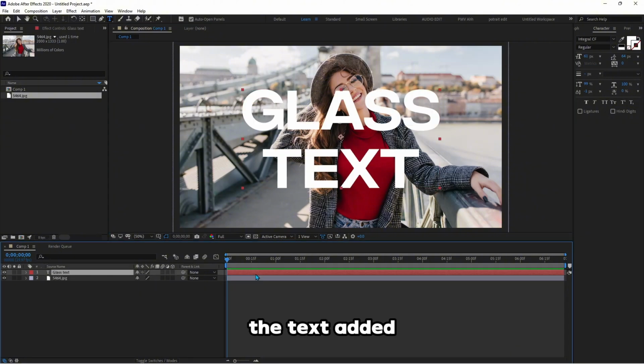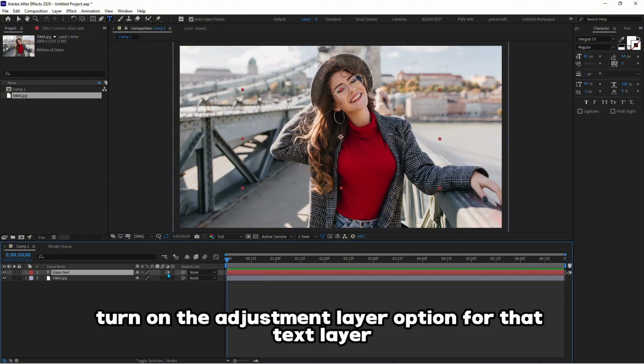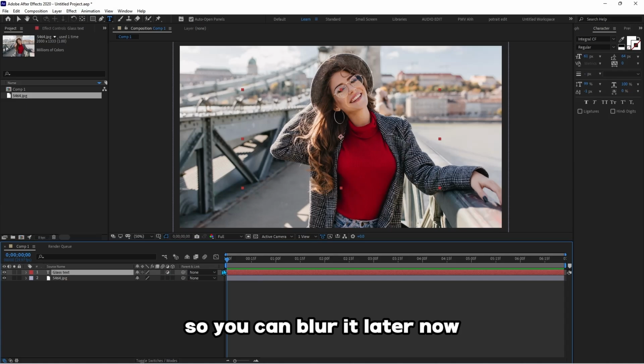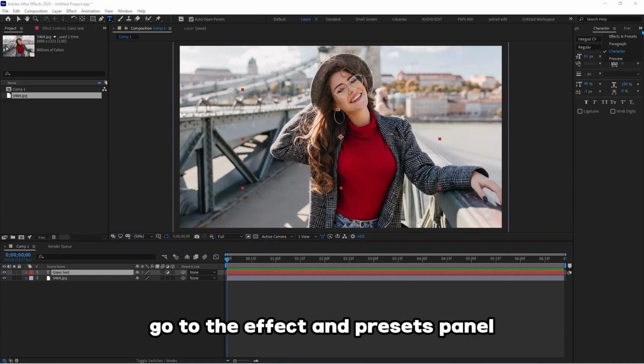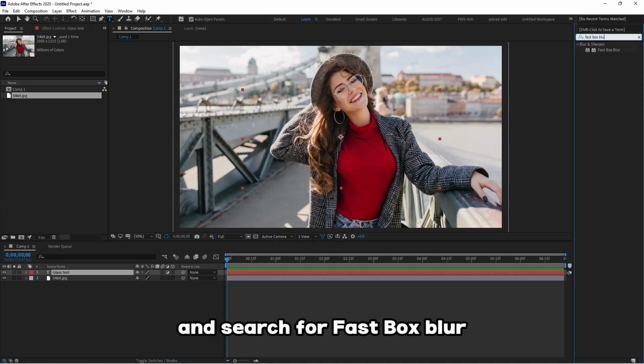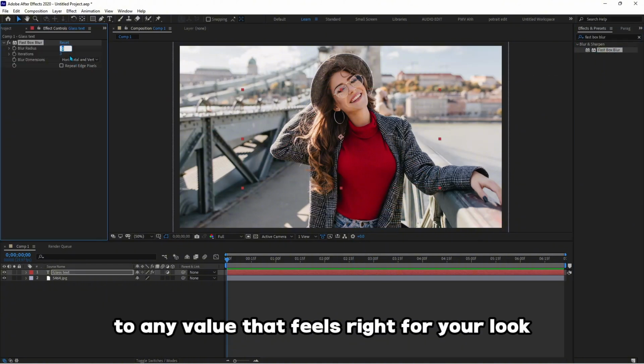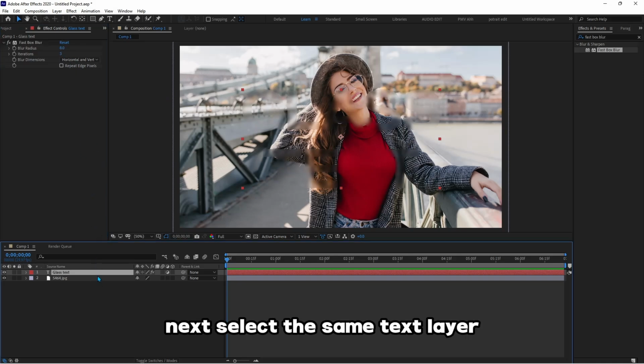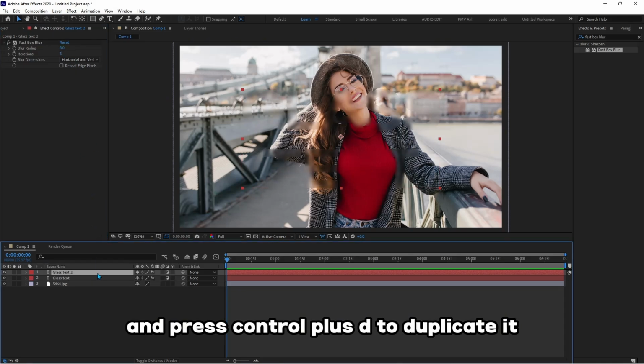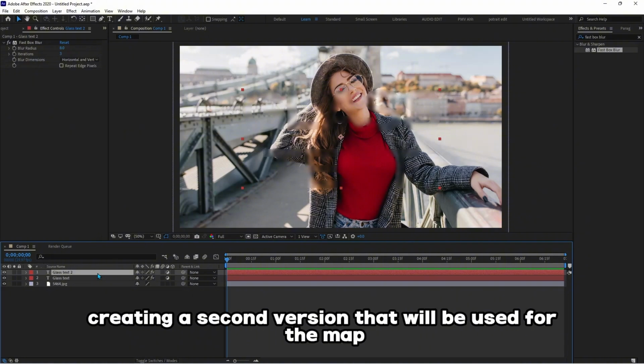With the text added, turn on the Adjustment Layer option for that text layer so you can blur it later. Now go to the Effect and Presets panel and search for Fast Box Blur. Then apply it to the text layer and set the blur radius to any value that feels right for your look. Next, select the same text layer and press Ctrl+D to duplicate it, creating a second version that will be